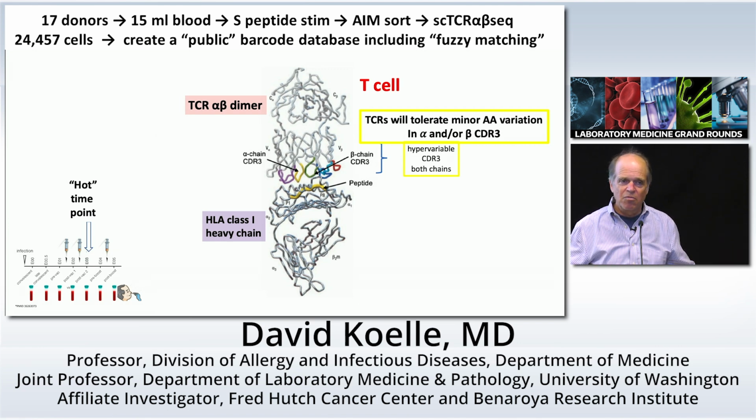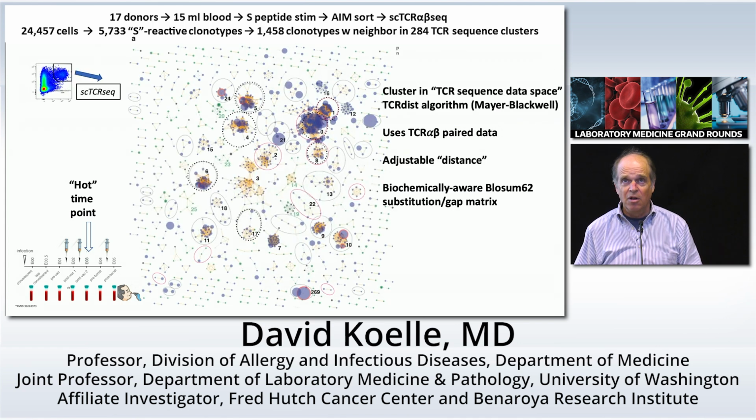Now we're going to throw together all of these single cell sequences and see what it looks like. And we're going to include in this look the ability to cluster T cell receptor sequences if they're almost the same. So if the alphas are identical and the betas have a glycine to an alanine substitution or some very conservative thing, we'll allow those to cluster together using an algorithm put together by